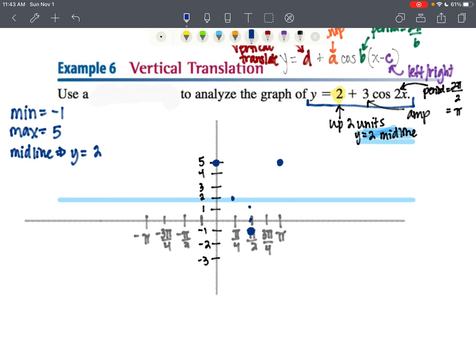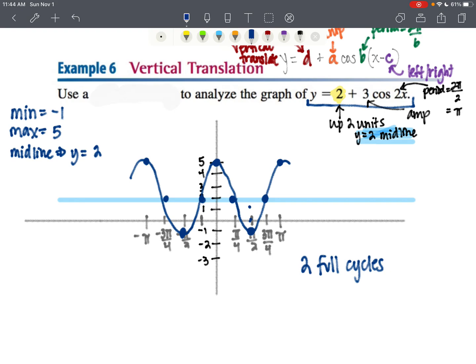And then halfway between the max and the min, we're on the midline. And I'm going to continue that to the left. So we'll have it start at the max, cosine ends at the max, halfway between, we're at the min, and then halfway between the max and the min, we're at the midline. And there's our graph. This has 2 full